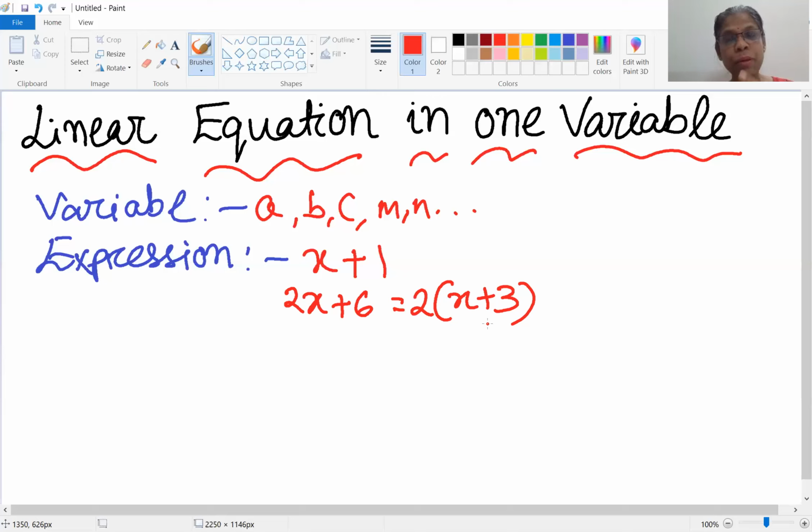And do remember one important point about the expression. I cannot find out the value of x here. I cannot find the value here, and the expression cannot be solved. I cannot solve it. Now, the next and the most important term which is used across the subject is equation.